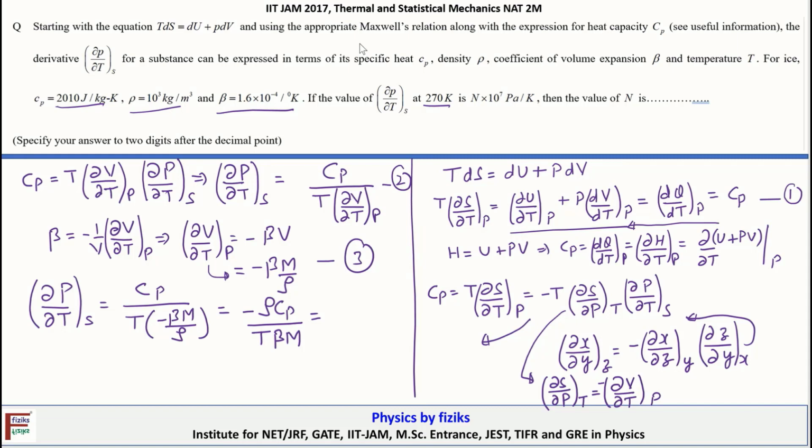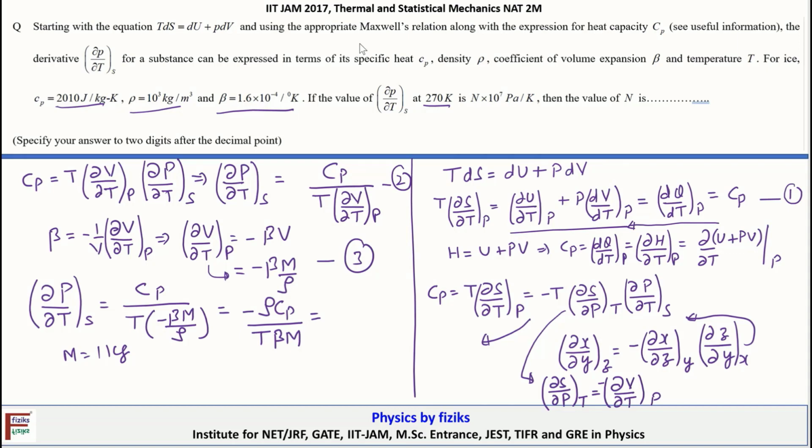For ice, it's not specified directly, so the point is what value we should take. If we take m equal to 1 kg, then after substituting, the answer for dP by dT at fixed entropy